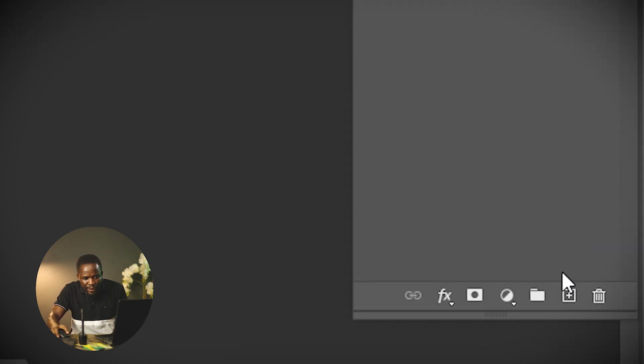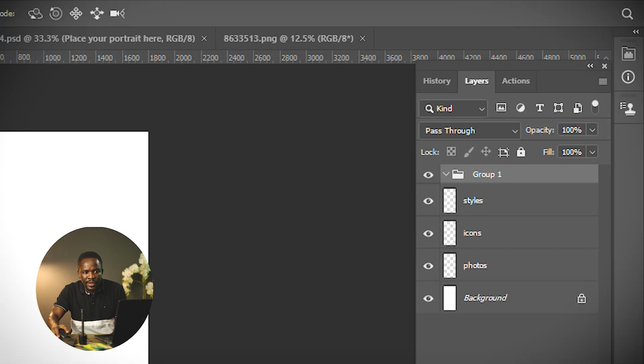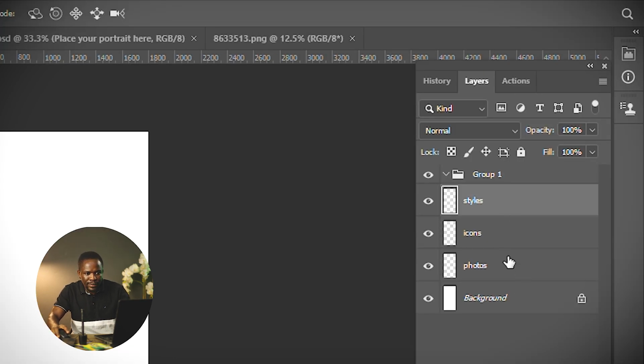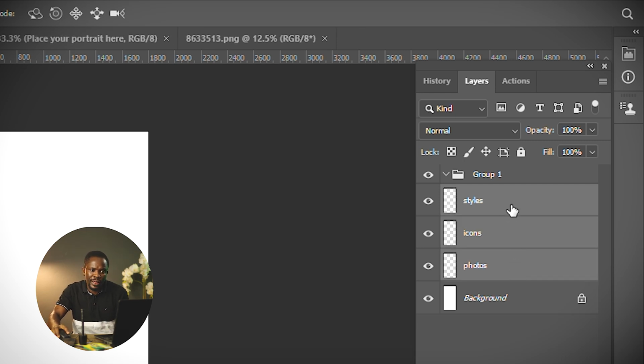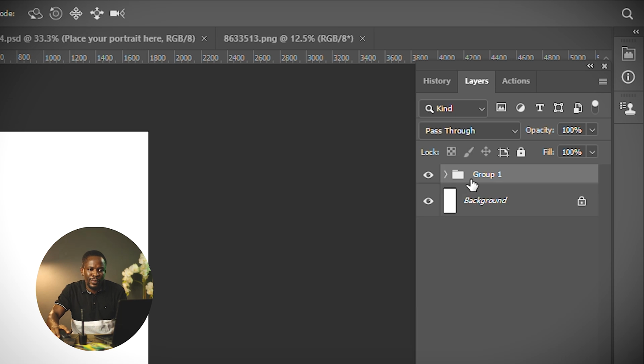Right by the plus icon, you can see like a folder. It's a group. Create a new group. You create a group and then you put all the layers into it. And then you can also rename the group. So photos,